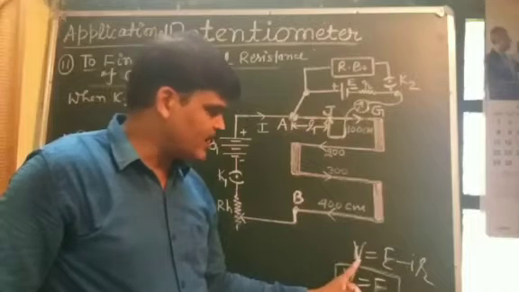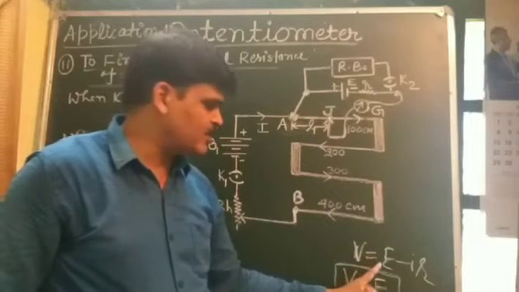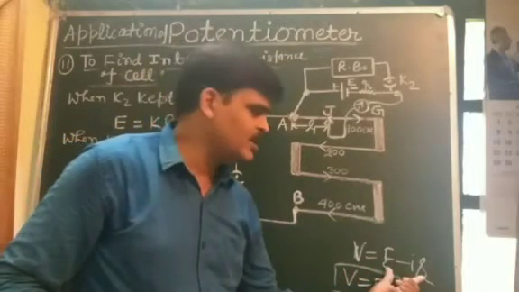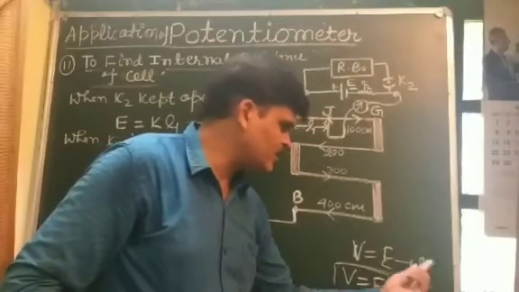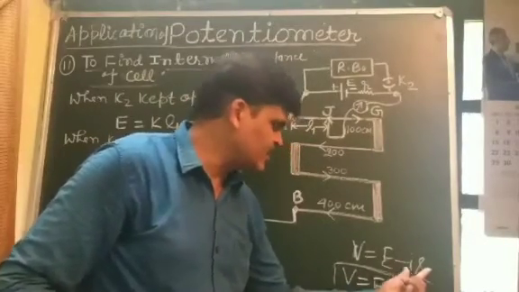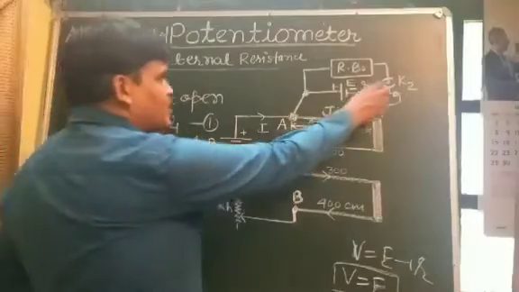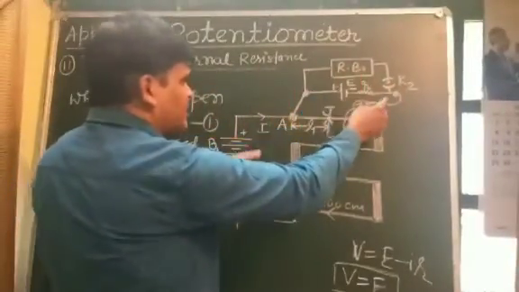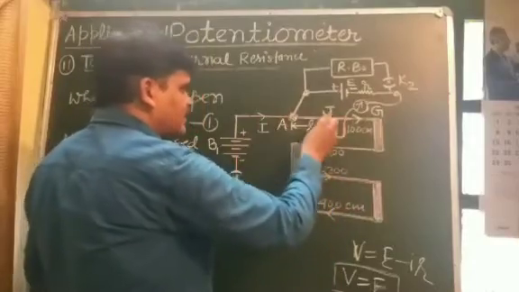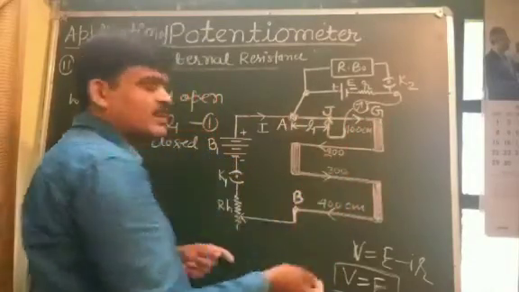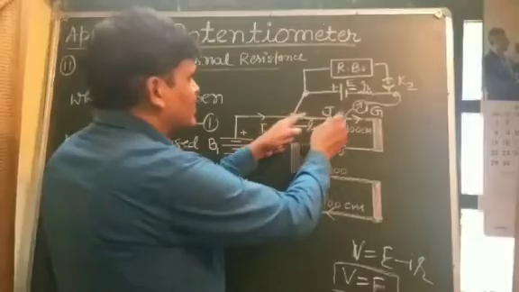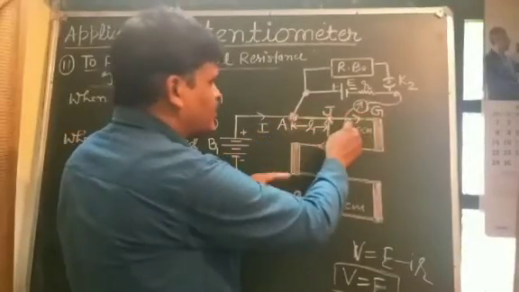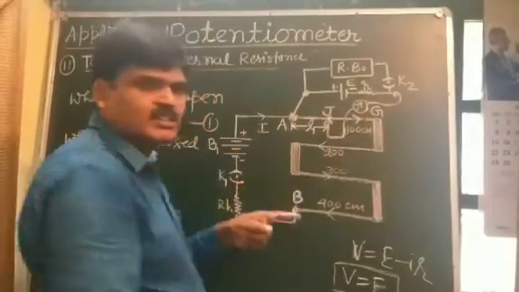Then the terminal potential difference is less than the EMF of the cell, due to the drop in potential inside the cell. So here, with K2 closed, take out some resistance from the resistance box and touch the jockey J on the potentiometer wire. Suppose that at length L2 a null point is obtained on the potentiometer wire, and there will be no deflection in the galvanometer.